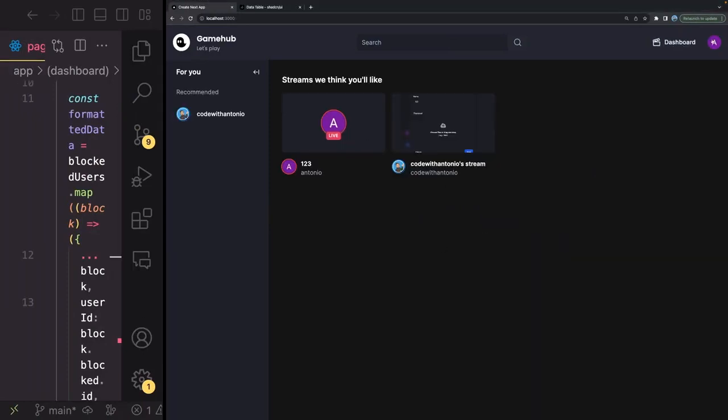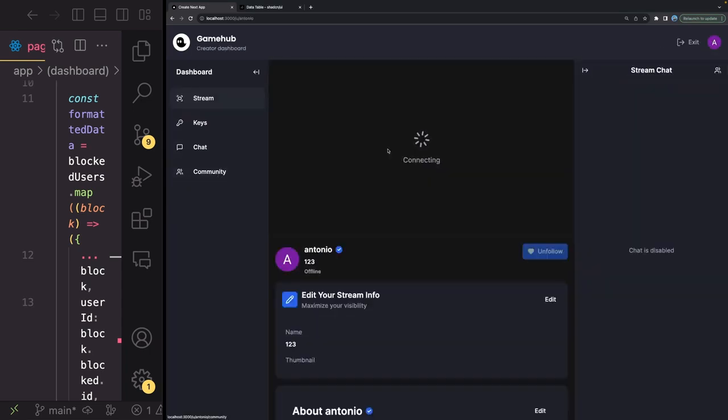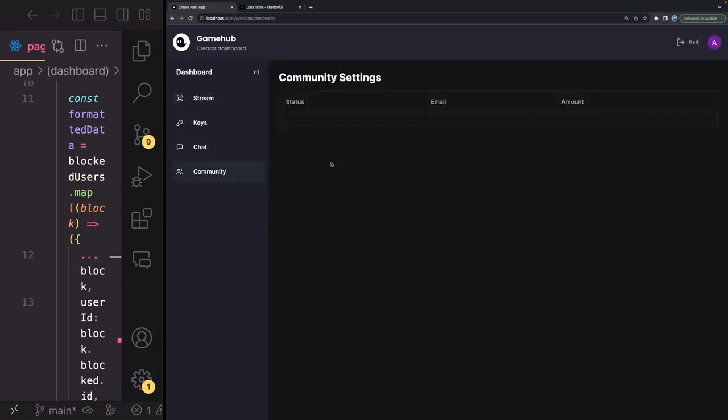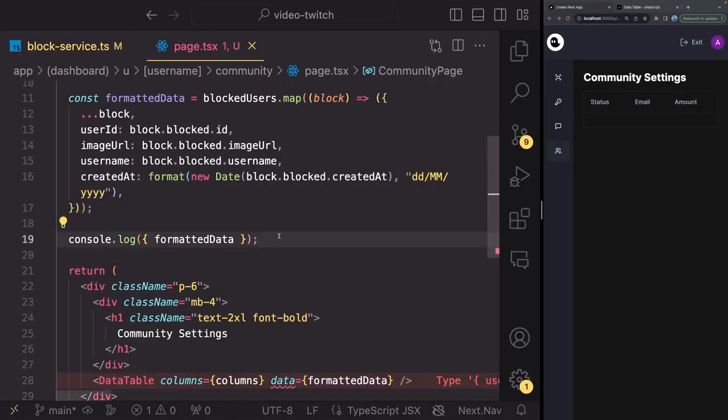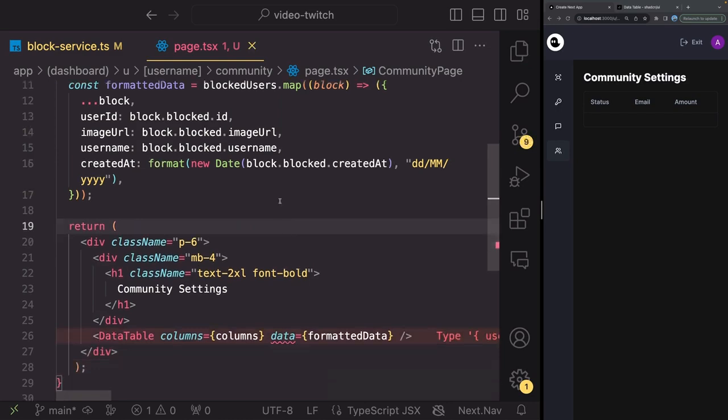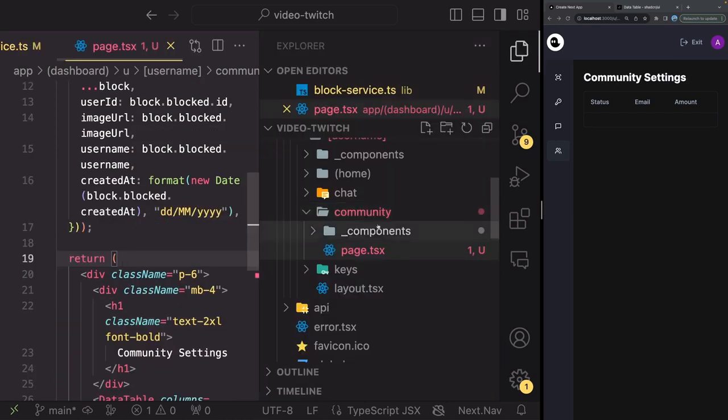All right, so I am in the user that is currently streaming. I'm going inside of my dashboard, and in here I blocked one user inside of my community. So now we have to modify the columns so that it actually fits our user. So let's go inside of